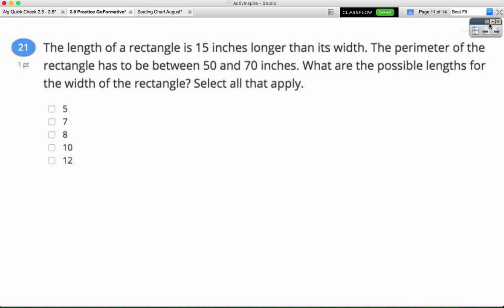Select all that apply. Well, I'm going to do it as if I didn't have multiple choice here so that I know how to do it in the future if it is an open-ended question. So I'm thinking that I have a rectangle, and you just have to not judge me because this is kind of hard to draw on. And if I label it with what they're telling me, that my length is 15 inches longer than the width,